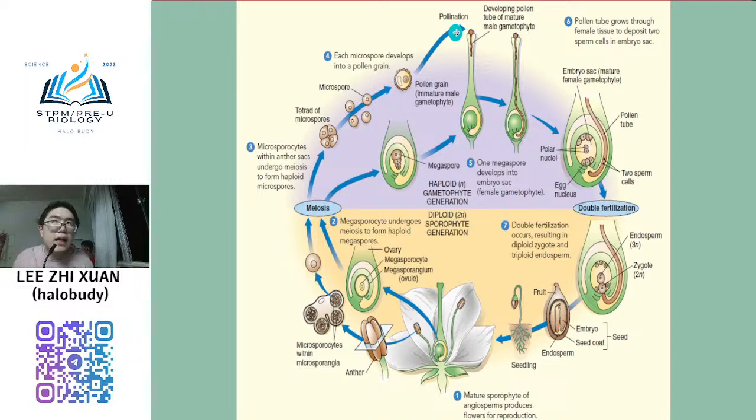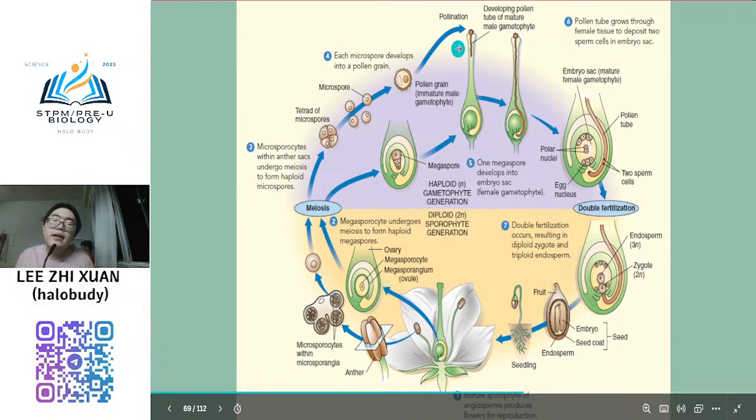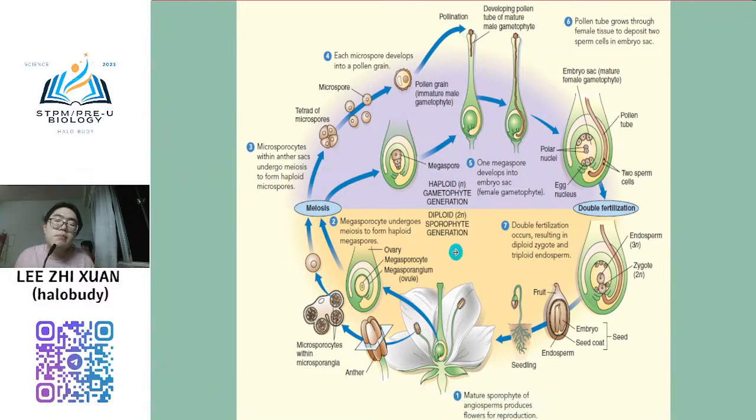There are two types of pollination: either cross pollination or self pollination. Self pollination is when the pollination process occurs within the same plant. But cross pollination is a process that occurs between plants, meaning the pollen grain flows to another plant. Okay. After that, once the pollen grain is stuck on the stigma of the plant, it will